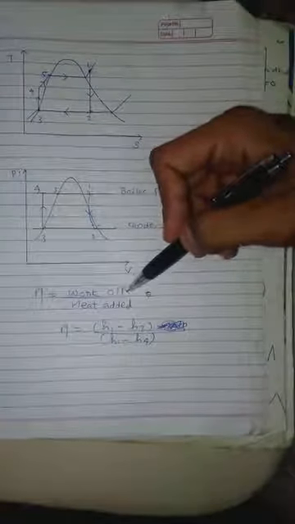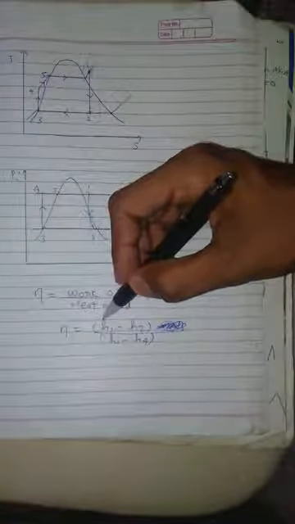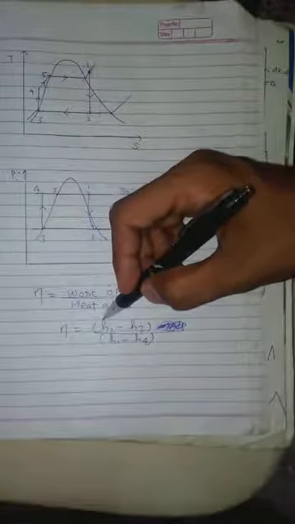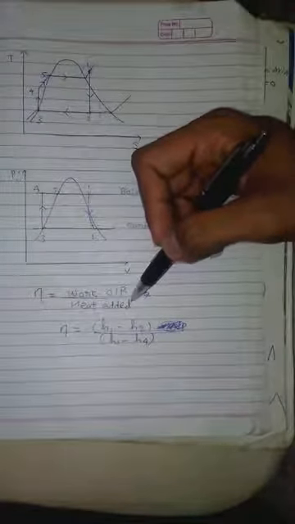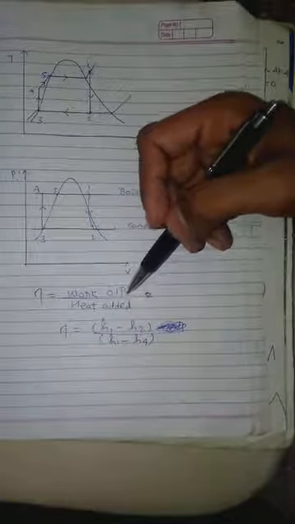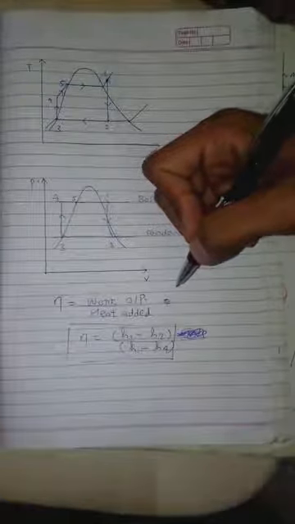Now work output is obtained in the turbine, and turbine is in this region 1 to 2. That's why H1 minus H2, where H is the specific enthalpy of steam. The expressions for work output in turbine and heat addition in the boiler are obtained by using the steady flow energy equation for turbine and boiler. Here in the net work output I haven't considered the pump work, because the pump work is negligible. So you can neglect the pump work if asked in exam.